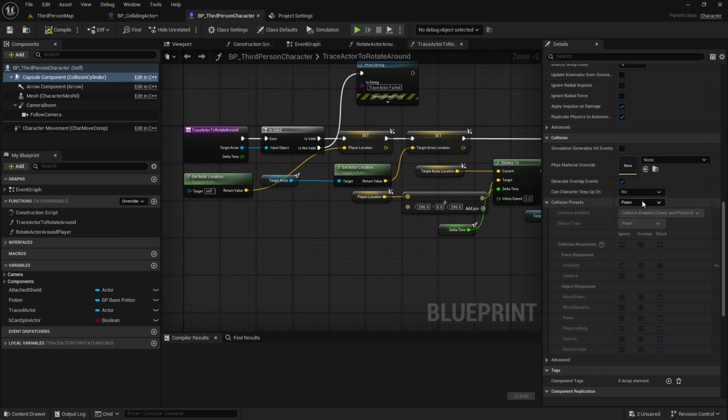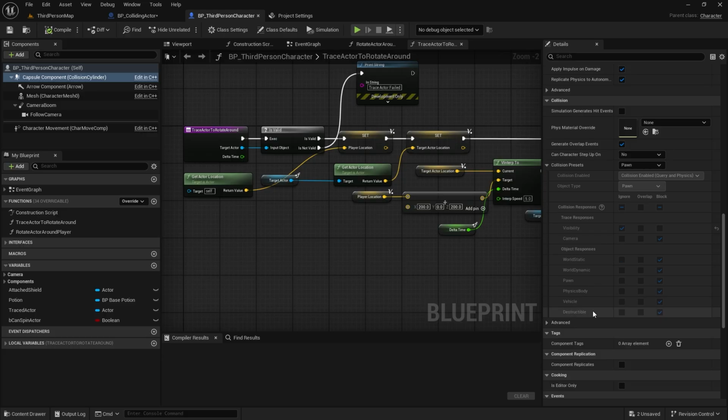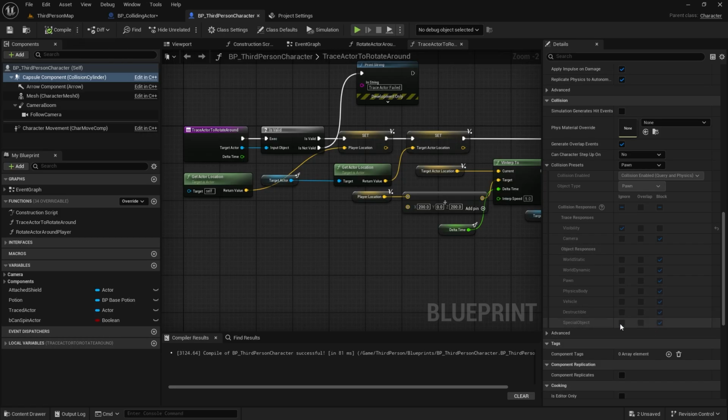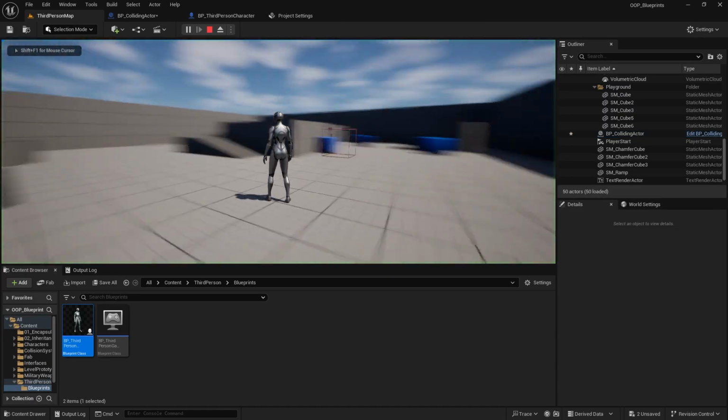But the third person character, right? By default, you can see nothing has happened here. I'm just comparing this because sometimes things won't get refreshed. All right, so now you can see it is also blocking all the things, right? So if I need them to, okay, you don't need to block the special object, rather you can overlap it. Now what happens,